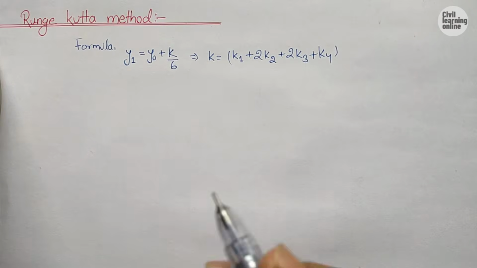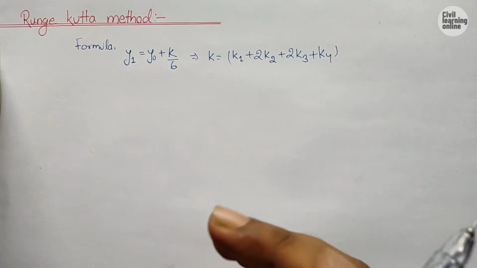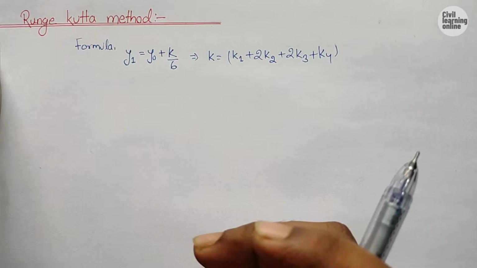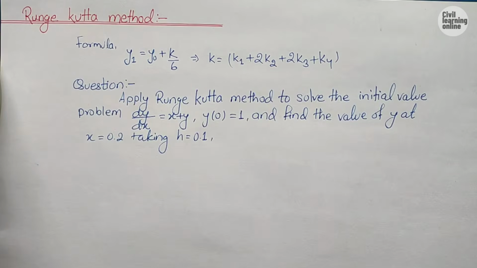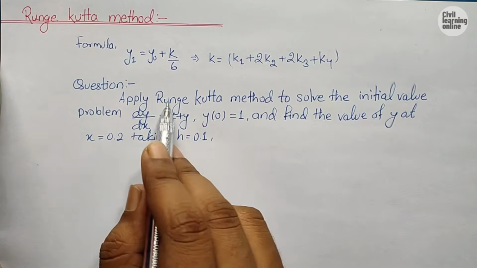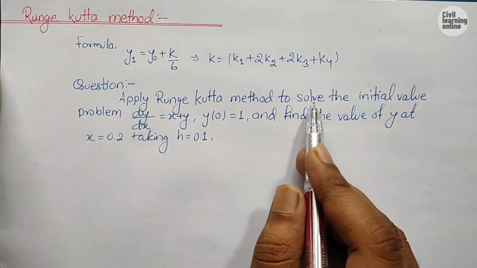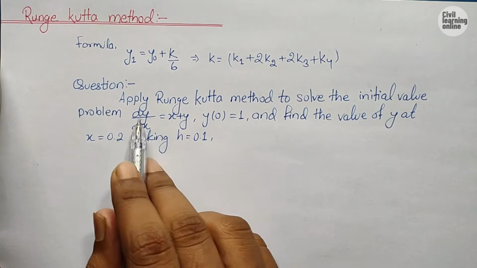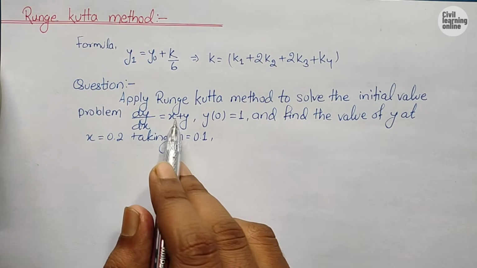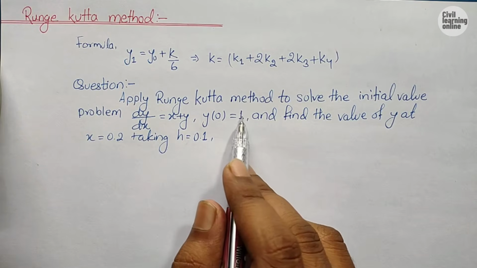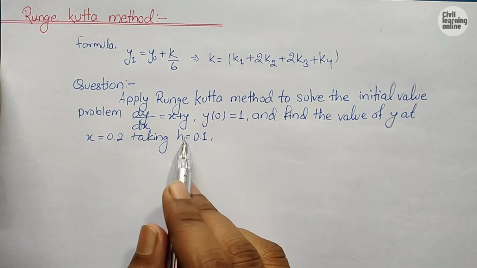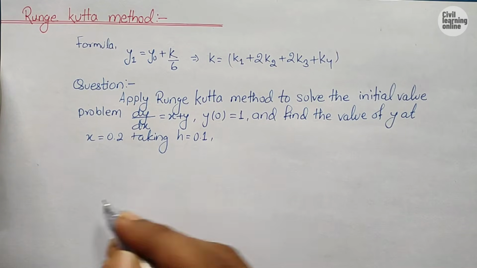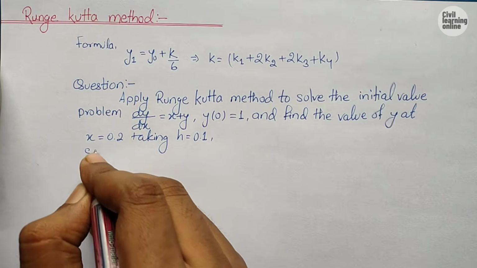So let us now go through the question, and let me write down the question and let us find the solution of that question. So guys, the question is: apply Runge method to solve the initial value problem dy by dx equals x plus y, y0 equals 1, and find the value of y at x equals 0.2 taking h equals 0.1. So let us write down the solution here,